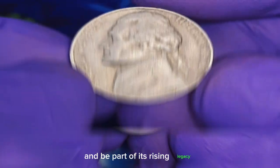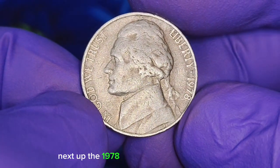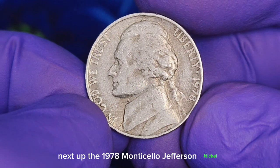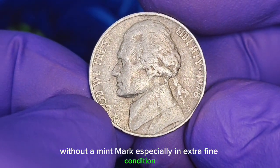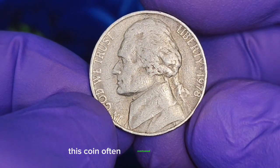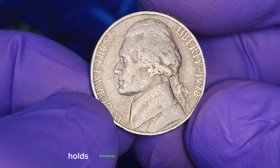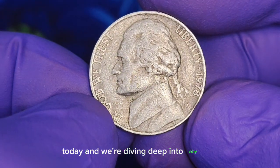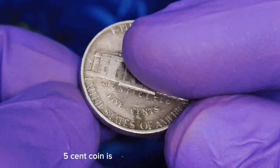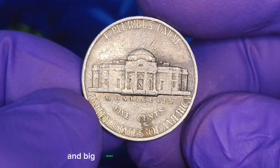of its rising legacy. Next up, the 1978 Monticello Jefferson nickel without a mint mark, especially in extra fine condition. This coin, often overlooked in everyday change, holds immense value among collectors today. And we're diving deep into why this humble 5-cent coin is now attracting big attention and big dollars in the